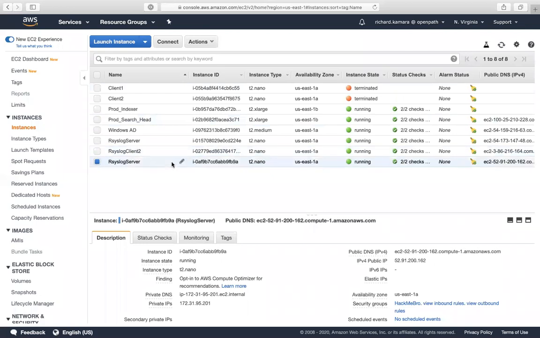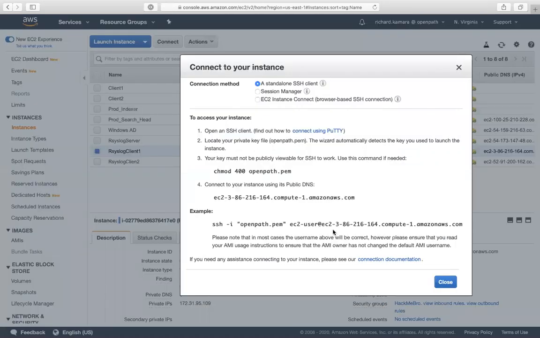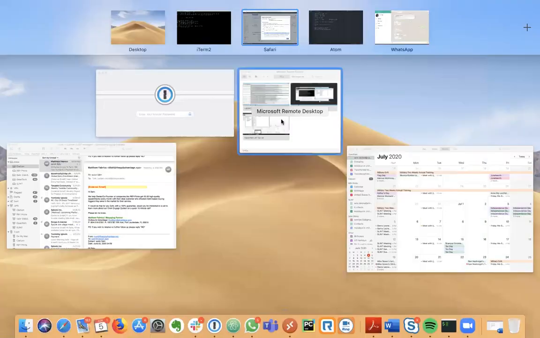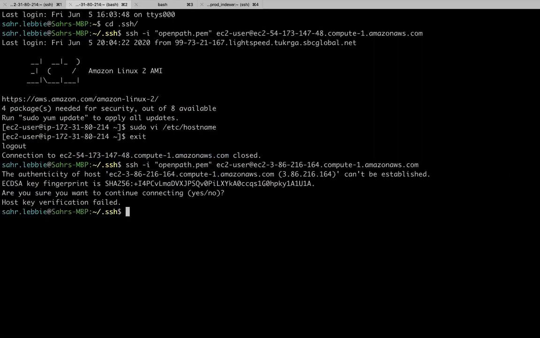So this one's actually, we'll just call this client one since we haven't really done anything. And then this is going to be two. I only got like 20 minutes, so I'm trying to rush. All right, so we got client one, client two. So let's now go to our first client and